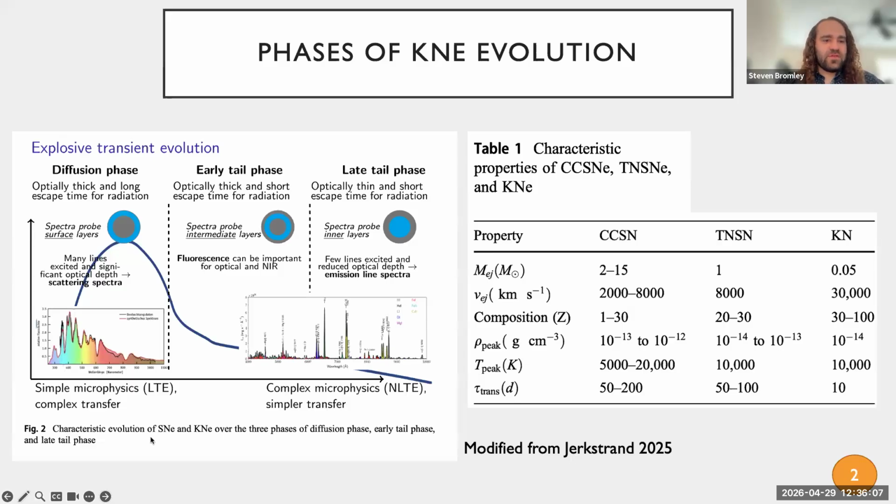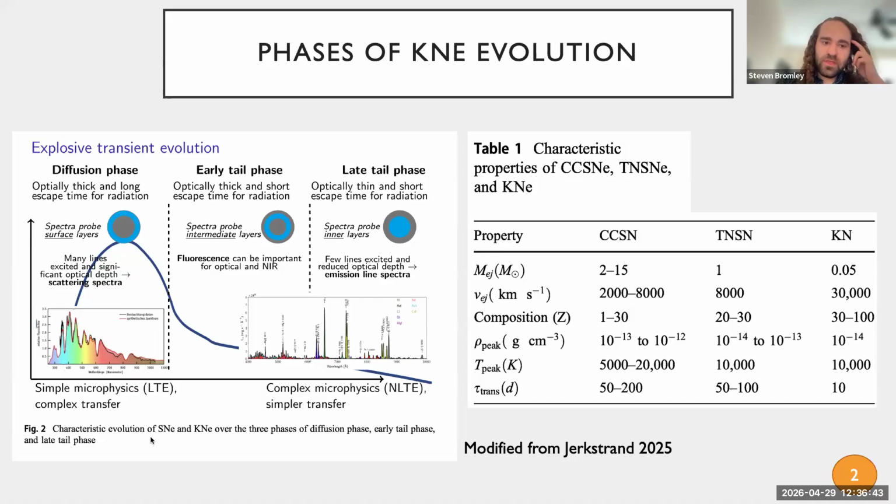You can think of this in two ways. The first is early on we have some explosive event. The ejecta is very optically thick, it's very dense, and so the spectra we're seeing is primarily from the outermost layers of the material. As time goes on, as this remnant expands and diffuses, eventually we hit a tail phase. Some might call this a nebular phase in the literature. In those, the radiative transfer simplifies, but we have many more atomic collision processes that we need to consider. And of course, as time goes on, we become more optically thin and we start to see deeper into the ejecta.